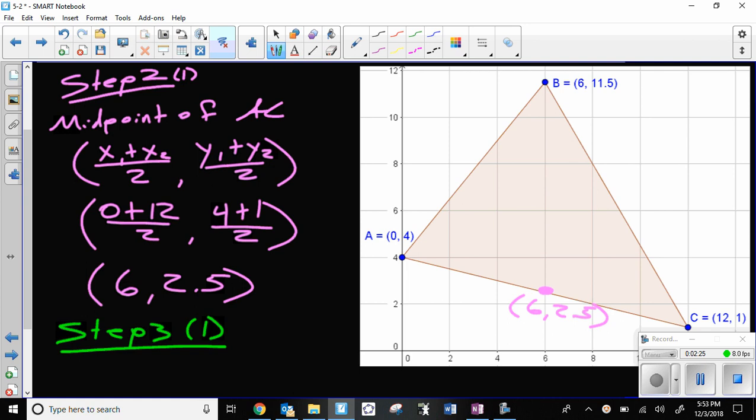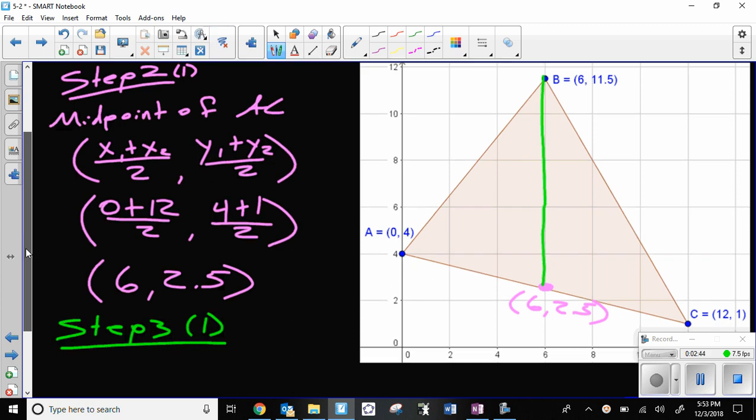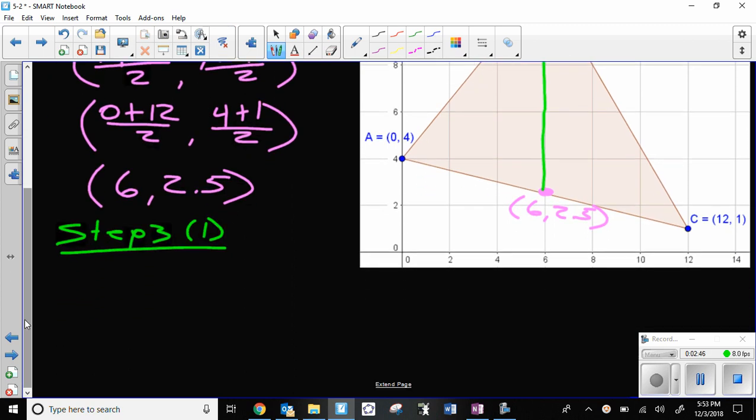Okay, so I'm going to connect my point 6, comma 2.5 to the opposite vertex, which in this case is going to be straight up. And we're going to write an equation given those 2 points. Okay, so if we do this and we write our equation, we're going to start with slope between those 2 points. So I'm going to go and rewrite them. 6, comma 2.5